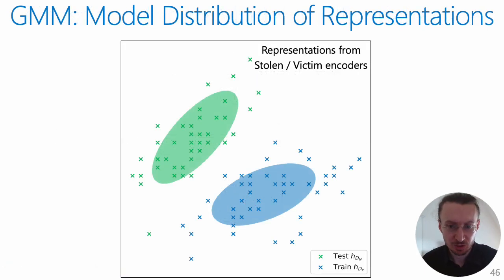So we use a Gaussian mixture model, GMM, here in 2 dimensions to model the distribution of representations. We train GMMs on part of the training data and then apply them to measure the log likelihood of representations of the remaining training data versus some test data. For the victim encoder or its stolen copies, the log likelihoods computed from these GMMs for the training data points are significantly higher than those for the test data points. On the other hand, the log likelihood is similar for train and test data when computed on representations from an independent encoder.